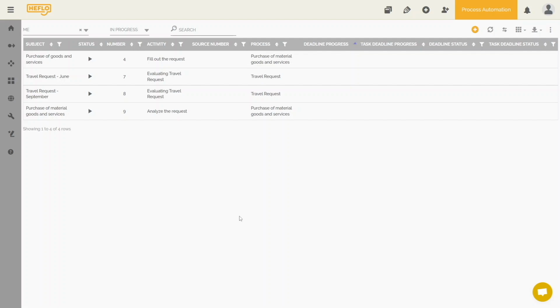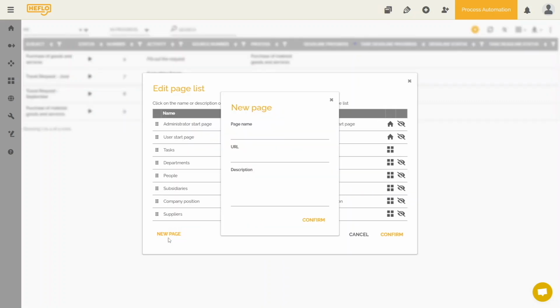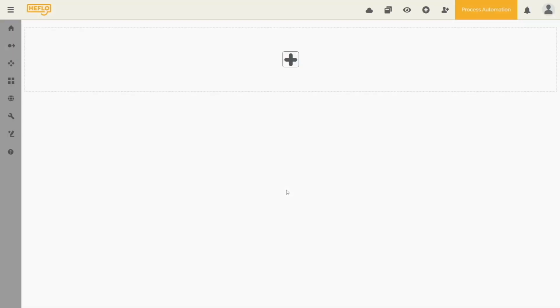The first thing you need to do here to set up a dashboard is to create a new page. In our case, our theme will be the process of purchase itself. I will call this new page Purchases in Progress. On this new blank page, we will add the widget the same way we added the records widget in the records class, and we will learn different graphic widgets.